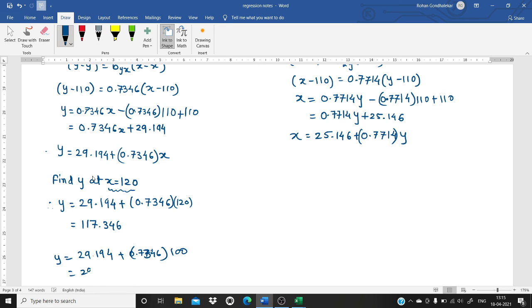So this is nothing but 29.194 plus 73.46. So the value is